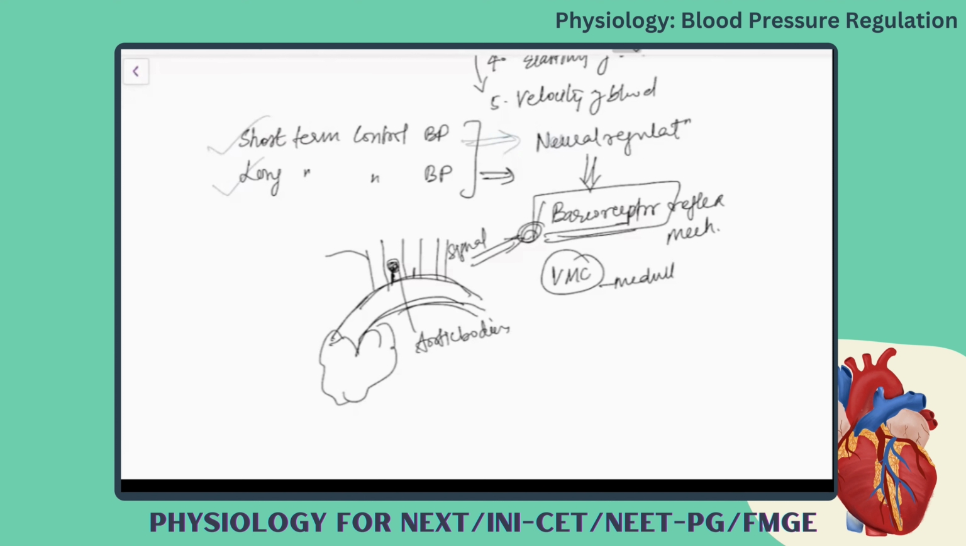And these baroreceptors will give the signal to the medulla through the vagus nerve, which is the 10th cranial nerve. And this vagus nerve will go and give the signal to the vasomotor center in the medulla. Then immediately the pressure balance will be mediated. How is it going to be mediated? How this pressure balance is going to be mediated is, for example, when there is